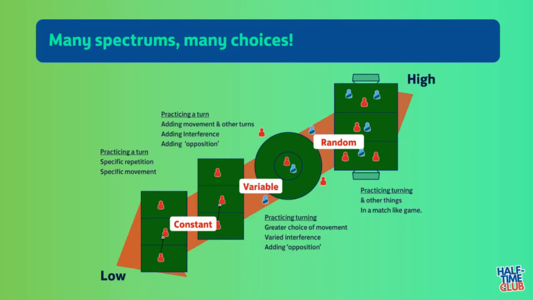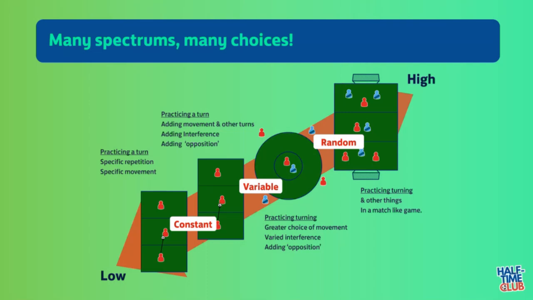And when it comes down to practice design, we are probably always thinking about decisions and how many decisions we want the players to make versus how many decisions you want the coach to make. So the general argument is that with a constant practice, which we'll break down in a moment, or an unopposed practice, the coach is leading the decisions the players are making. With a practice where there's more variation, more randomness, or more game-like, the decisions fall onto the players.